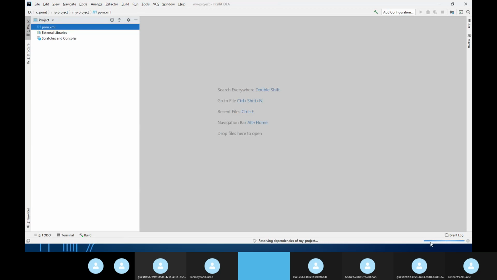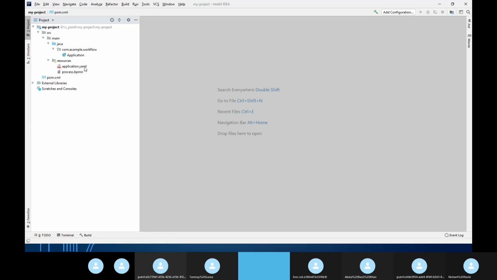If you can see at the bottom, Maven is trying to get all the required things from its repository. Because this is a community version, which is an open source version of IntelliJ, it is a bit slow, but if we have a license version, it will happen quickly. Okay, so let me open my project, and you can see everything is provided to us. I am not doing anything.